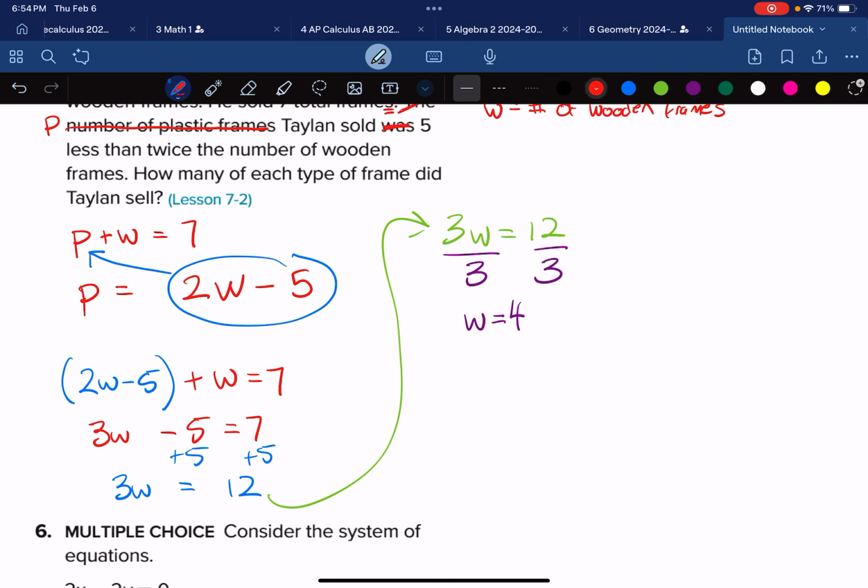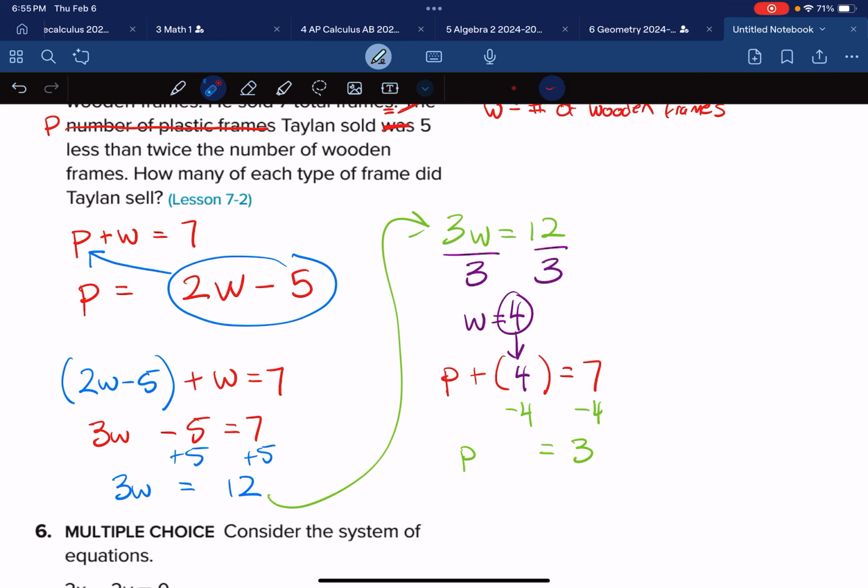Now I'm going to say P plus W is equal to 7. Look, I've rewritten this entire equation, but variables are just boxes that you can plug numbers into. So this is the box that holds W, and this 4 is going to be plugged in here. Let me go ahead and write that in here. This 4 is going to go right here, and now my equation is P plus 4 is equal to 7, and I will subtract 4 from both sides, subtract 4 from both sides, and P is equal to 3, which